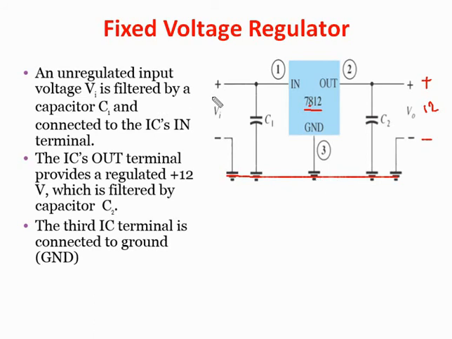So here we get the unregulated DC voltage supply, which is higher than 12 volt. Generally a minimum of 15 volt is required, so the remaining voltage will drop across the IC regulator, and here we get the 12 volt constant output voltage. So 3 volt will drop across it. Suppose we increase the input voltage from 15 volt to 16 volt, 18 volt or 20 volt, but here we still get the constant 12 volt output voltage. The remaining voltage will drop across this IC. So we get the constant output voltage of 12 volt.